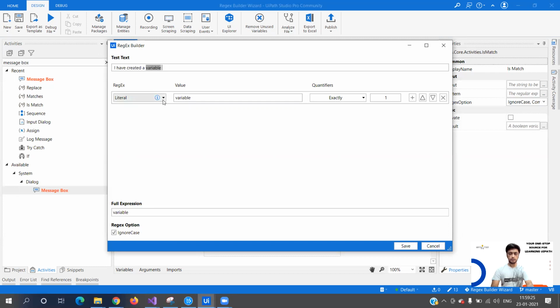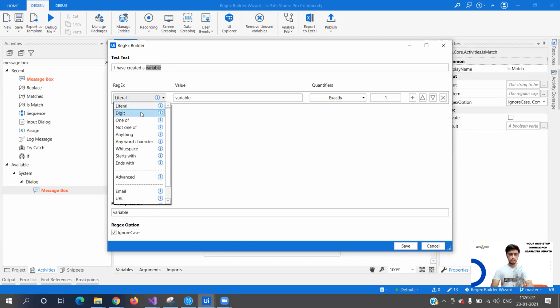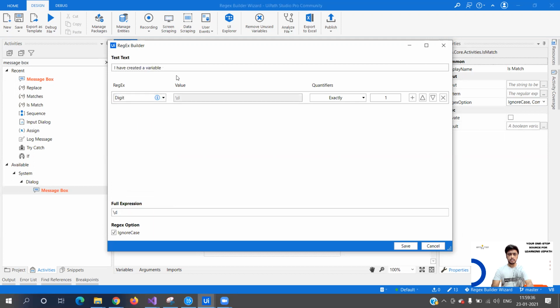And this is the full expression that we are providing. Now you see there are multiple options. There is digit. Matches a digit is equivalent to 0 to 9. Okay, let's select this. And I have created